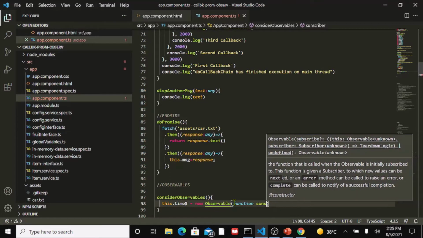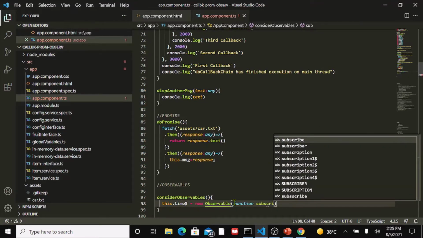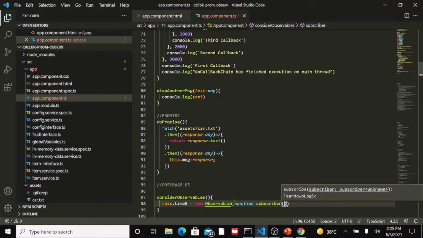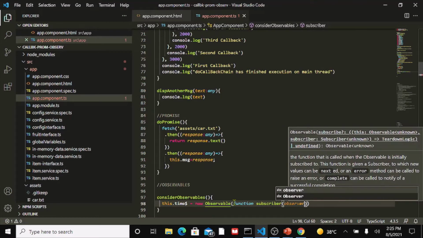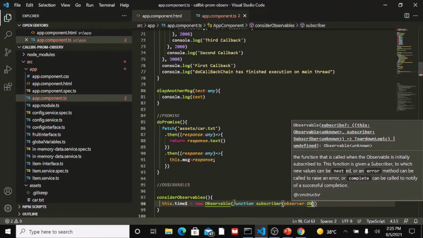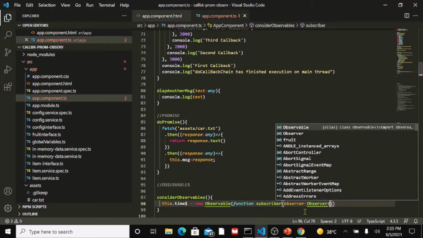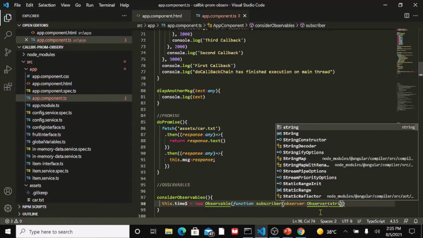So now we're basically creating the subscribe method, and this method requires a parameter of observer type. So let's say observer of type Observer, right? Remember, we've imported the observer interface, and we need to specify the values that this observable is going to emit or send out, right? What type of value? So this is going to be a string type,